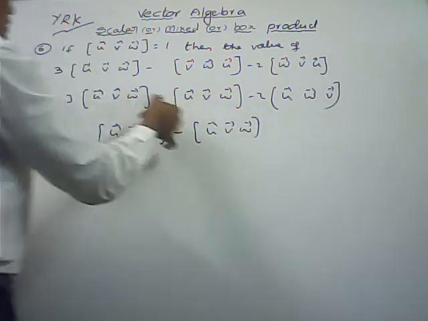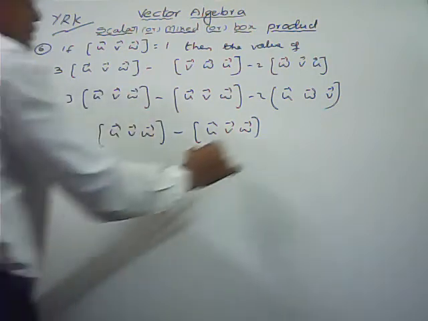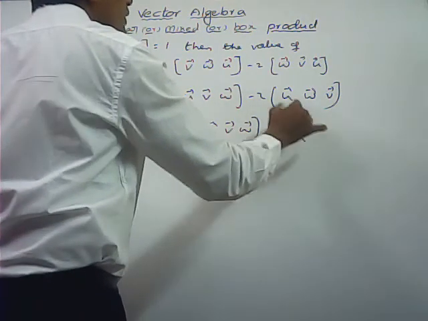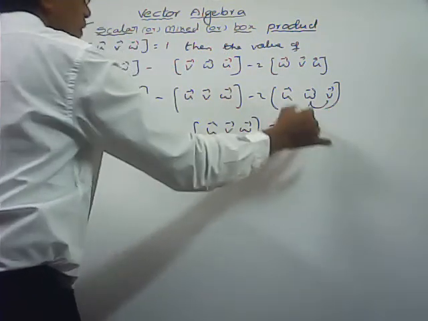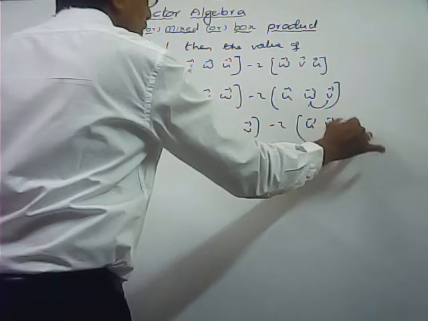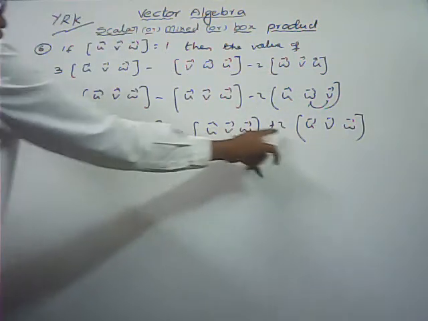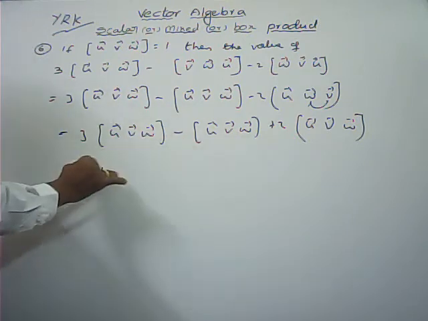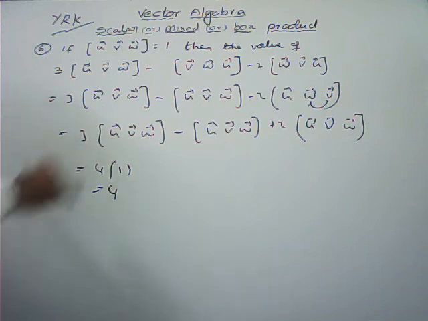Whereas here you can substitute those values. 3 1 are 3 minus 1, 2 you can write directly. Minus 2 into, here u, v, w we want, interchanging these two. Whenever we are interchanging any two rows or any two columns, its sign changes. Now 3 plus 2 is 5, 5 minus 1 is 4. 4 into what is the box UVW, that is 1. 4 1 are 4.